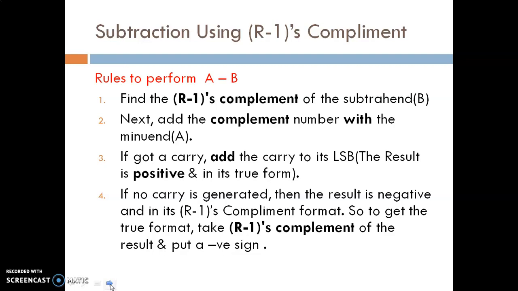Okay, so the next step is how you will find the r minus 1 complement. In binary, you have seen that in order to find the one's complement, you are just inverting the zeros to ones and ones to zeros, isn't it? So how is this r minus 1 complement found in decimal, octal, hexadecimal, or any number system? That is what we are going to see next. There is a general formula for finding the r minus 1's complement.